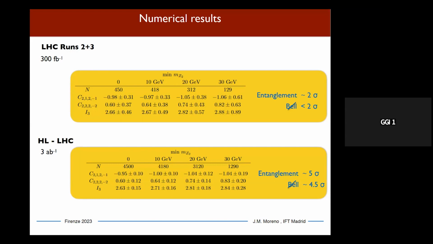Well, in principle, yes, because you are reconstructing the two Z bosons. Right. Okay. So in principle, the point is that if you start selecting particular slices, then you are reducing the data, and the error gets larger. So it's some kind of compromise. Going to the region where the two Z bosons are almost at rest would be the more interesting region from the point of view of entanglement and Bell inequalities, but you are reducing the number of events.